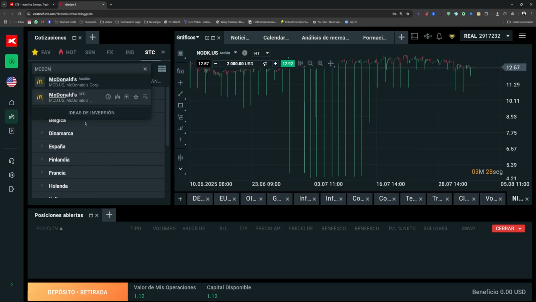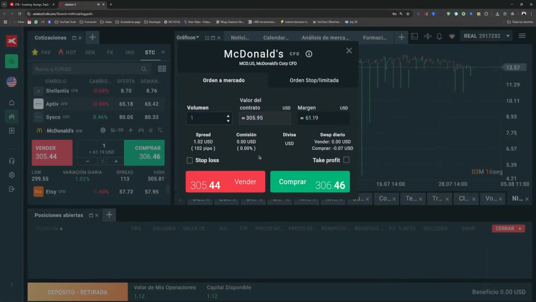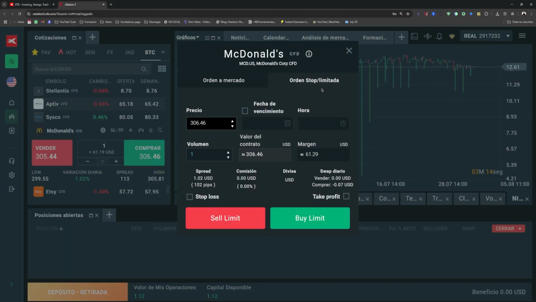By the way, keep in mind that if you are planning to invest in a particular stock, there is the stock itself, but there is also the contract for difference, CFD. So if you decide to invest in the CFD, it offers you certain additional actions that I did not demonstrate earlier. And when we arrive here and proceed to the stop limit order, it now presents us with the subject